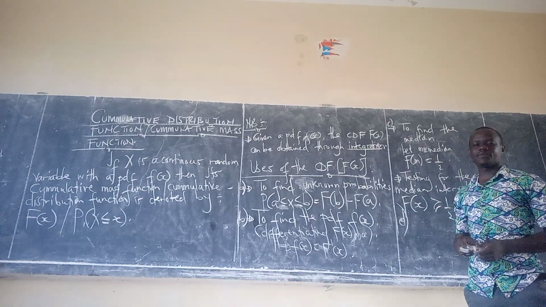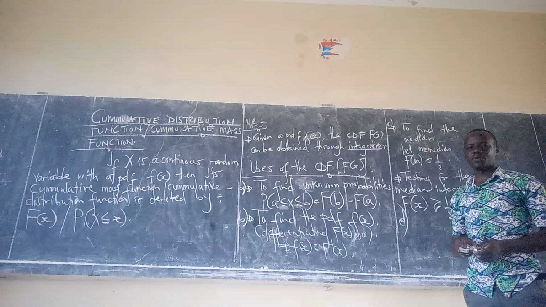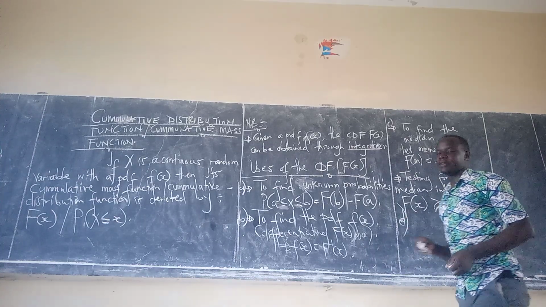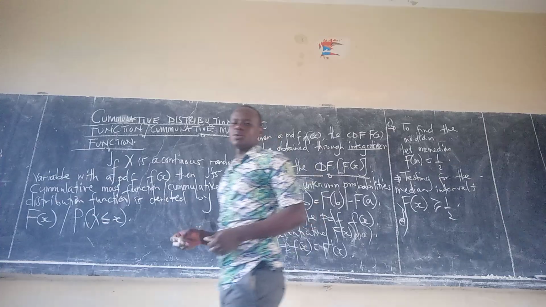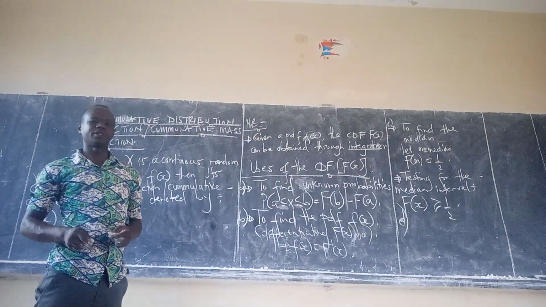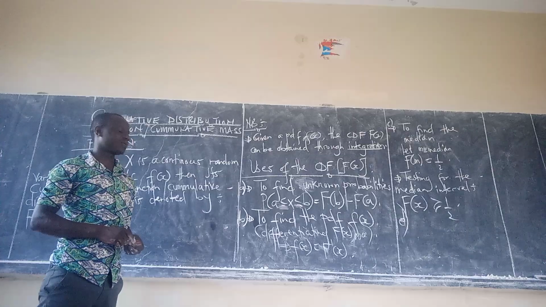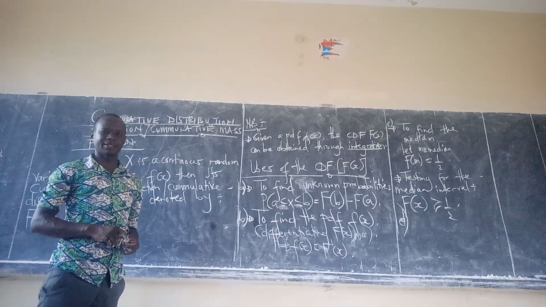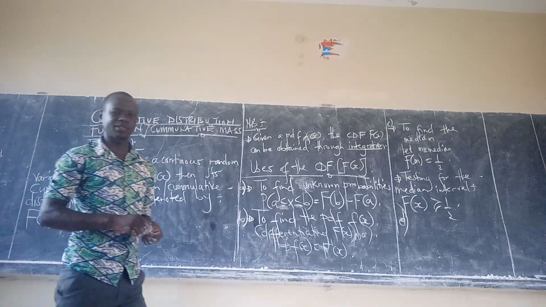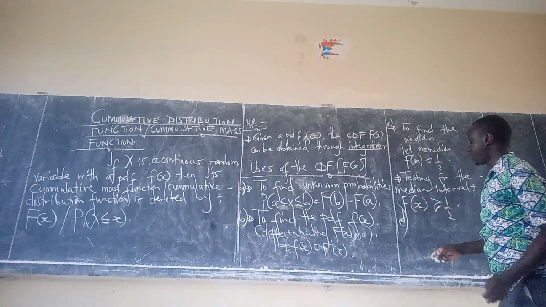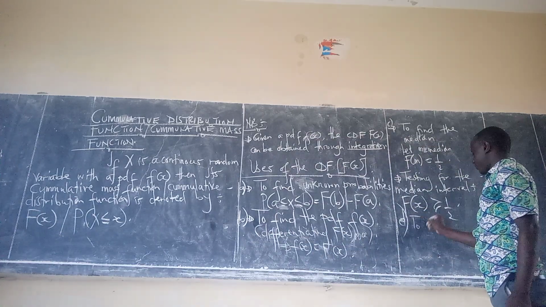Now we were on part D, where we are saying that the CDF, capital F of X, can be used to find the values of some unknowns. So if your CDF has more than one unknown, then you can adopt the values at any point. The unknowns we are talking about are the constants in the CDF which are quoted. So we can use the CDF to find